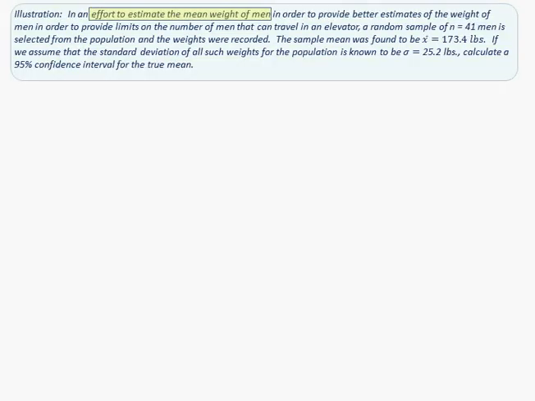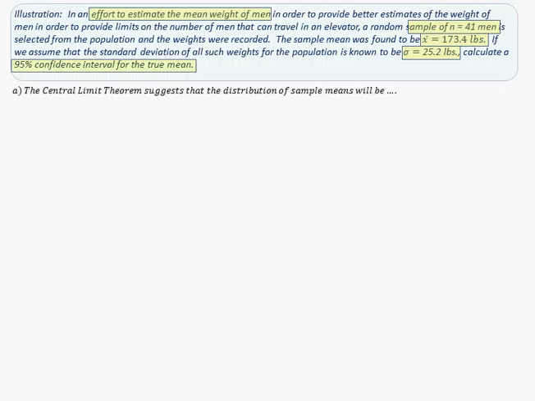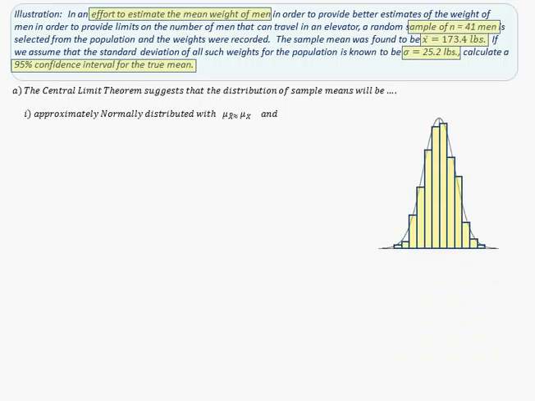Our illustration today involves sampling in an effort to find an estimate of the mean weight of men. As you can see on the screen, we're going to take a sample of size 41 men, and the sample mean was found to be 173.4 pounds. We're going to assume the standard deviation for the population of all men is 25.2, and we want a 95% confidence interval. Now we know that the central limit theorem says that based on samples of size 41, the sample